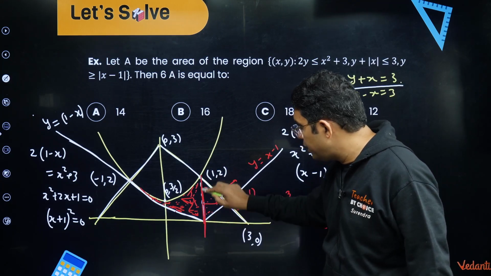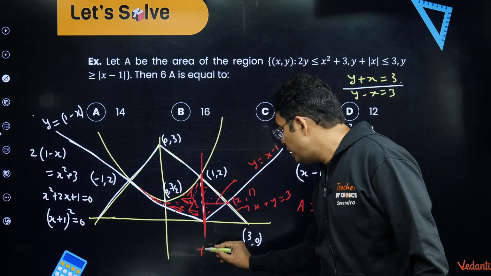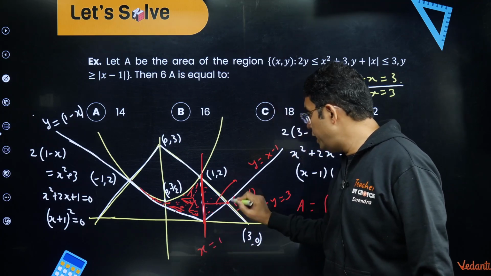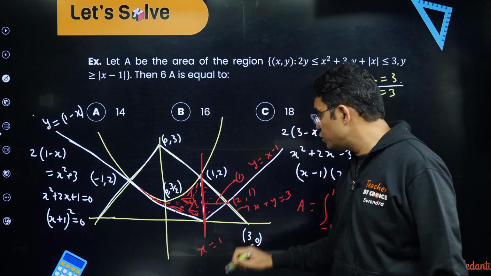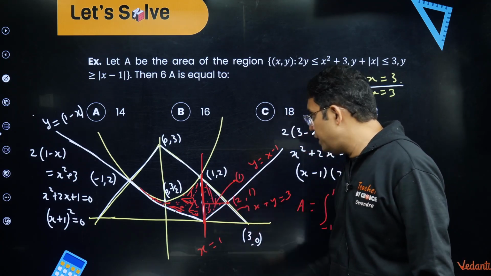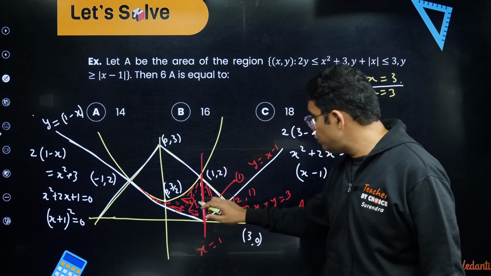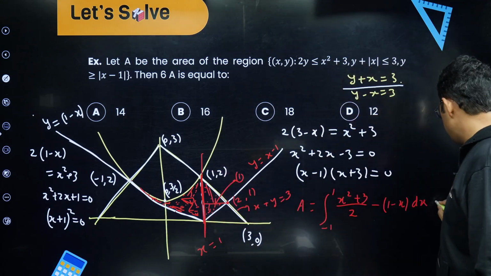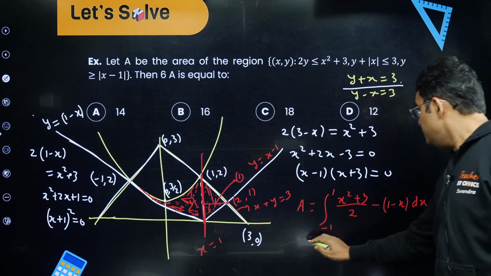You can solve also. So here the height would be 1 because the x coordinate is 2 here, and this is x equal to 1. So x is equal to 1 and this is 2. So height will be 1 here and base is 2. So this triangular area will be just 1, because base is 2, height is 1, half base into height is 1. So total area will be this thing.